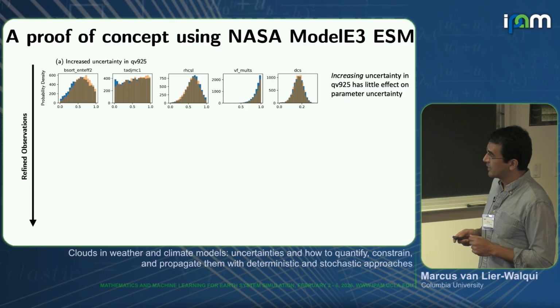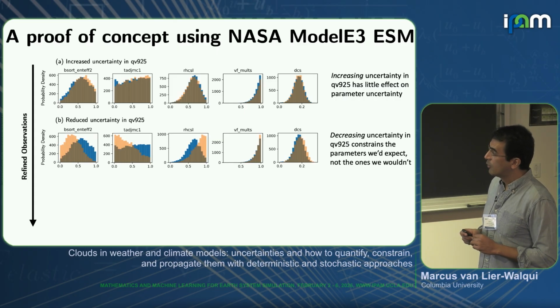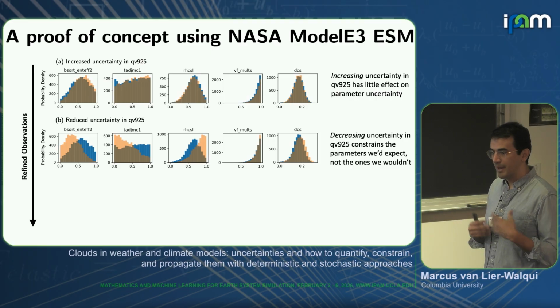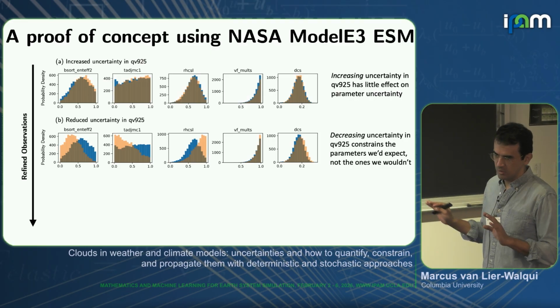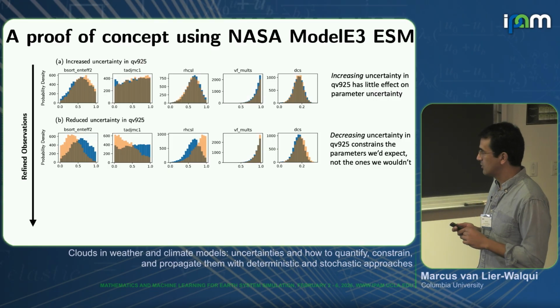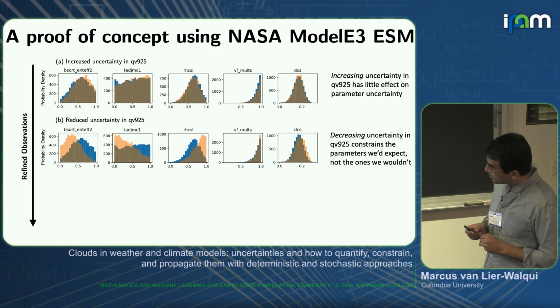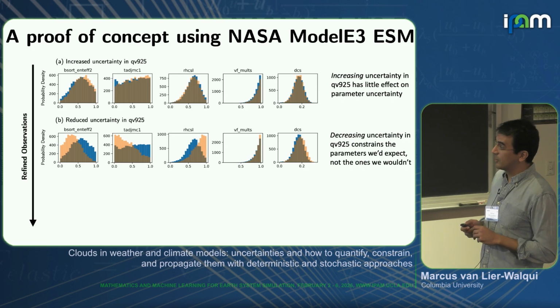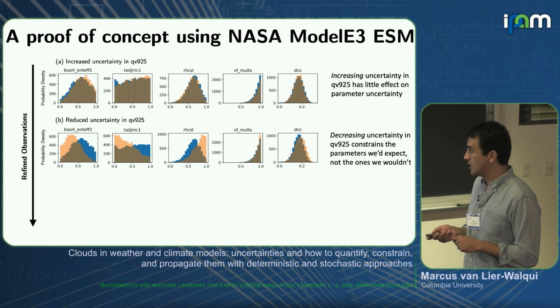Okay, so that's maybe slightly disturbing, but it's something that we should look into, certainly. What if we decrease the uncertainty? We had a better observation. So we've done this in a very hokey way. All we did was we cranked down the uncertainty, and we pretended we had the exact same observable. And we get a pretty big change in a lot of parameters that we would expect to see a change